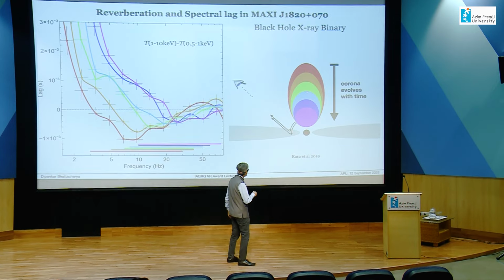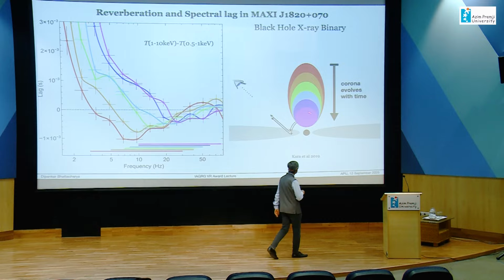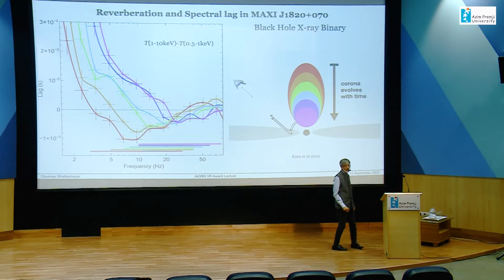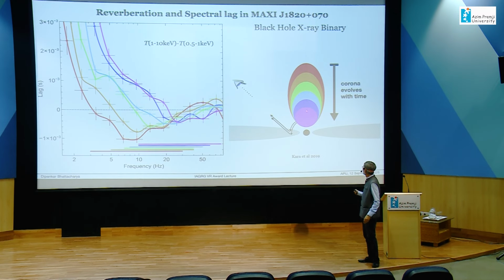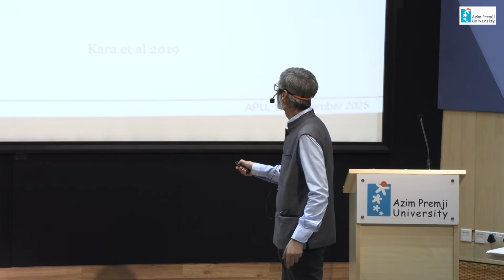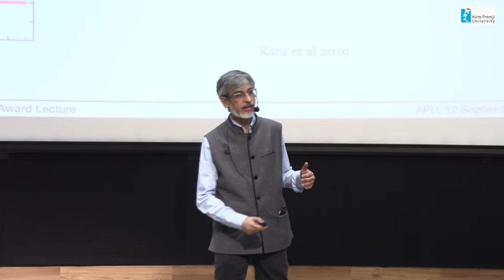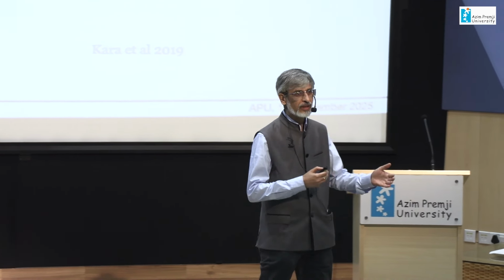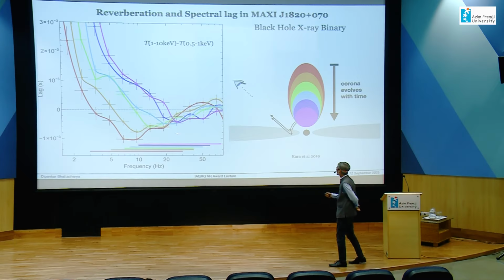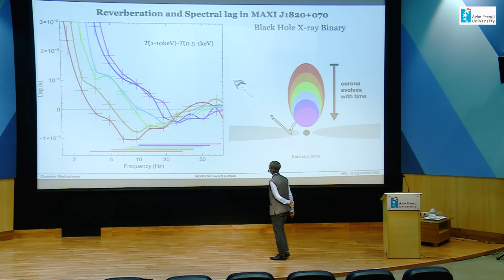And that is because as the radiator effectively comes closer to the black hole, the light bending becomes much stronger, and all rays are bent very strongly and illuminate only the small inner part of the disk, and reflections like that are precluded. And that also decides the character of this reflected radiation and the delays.